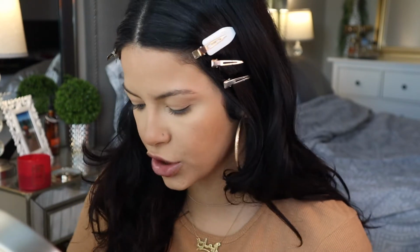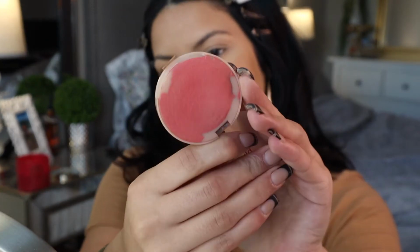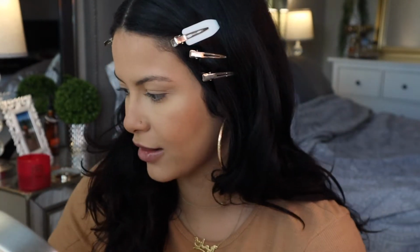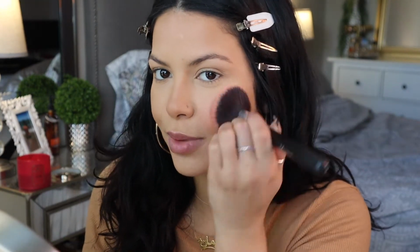Now for the blush, I'm gonna be using a cream blush. I love this blush. Honestly love this blush. It's the Maybelline Dream Bounce blush, and this is in the shade Peach Stain. It's so pretty. So I'm gonna be applying that. Get it good. And then I'm just going to pat it on